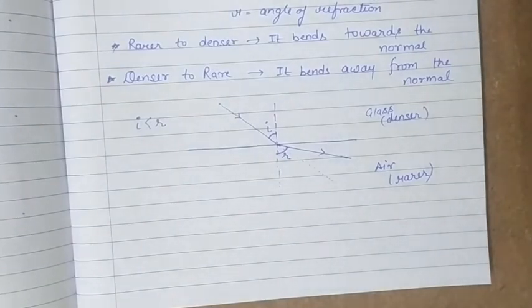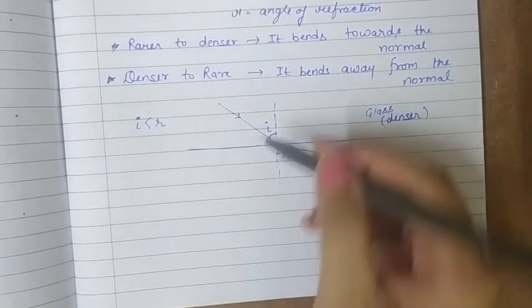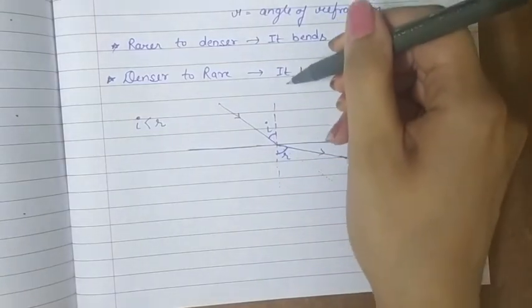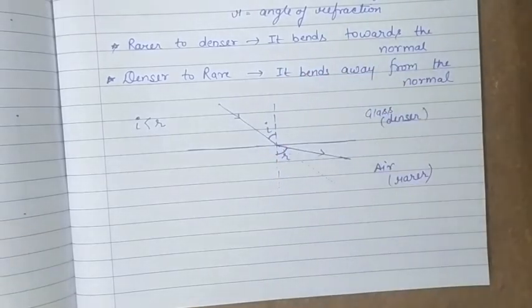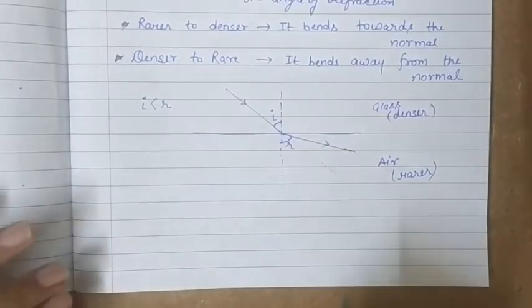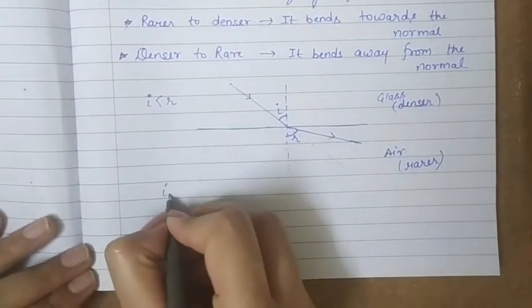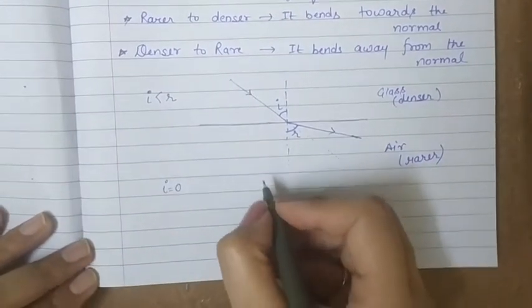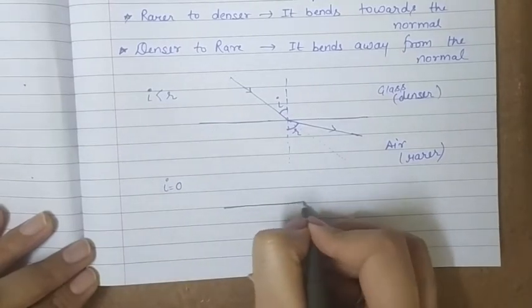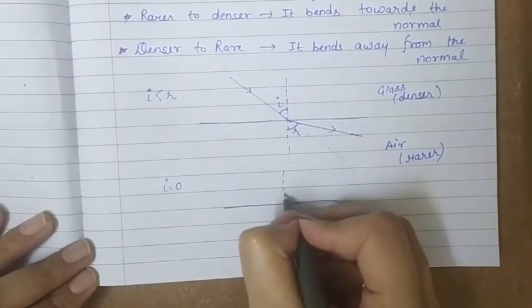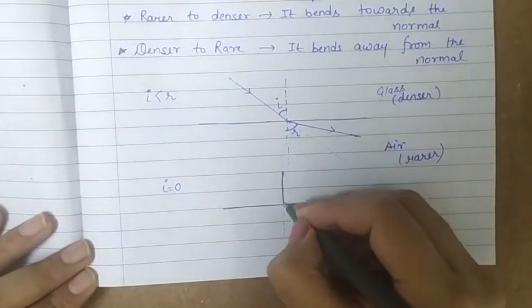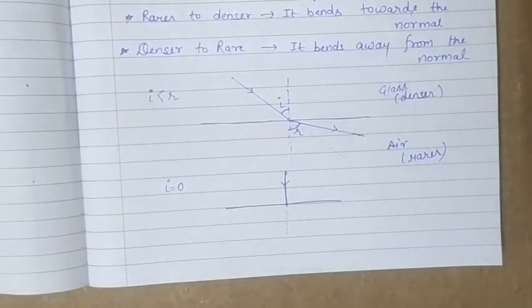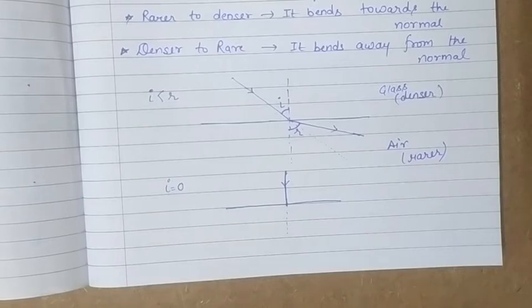But there can be a situation where light is incident along the normal, means it is making 0 degree while incidence. So in a situation where angle of incidence is equal to 0 degree, that means light passes along the normal. So if this is the normal to the interface, then light is passing along the normal. Angle of incidence is 0 and light is coming to the interface along the normal. In that case,